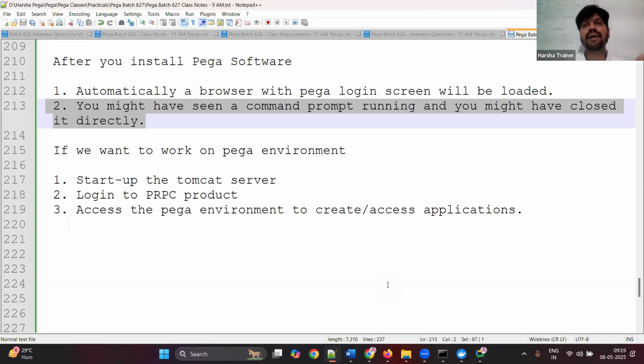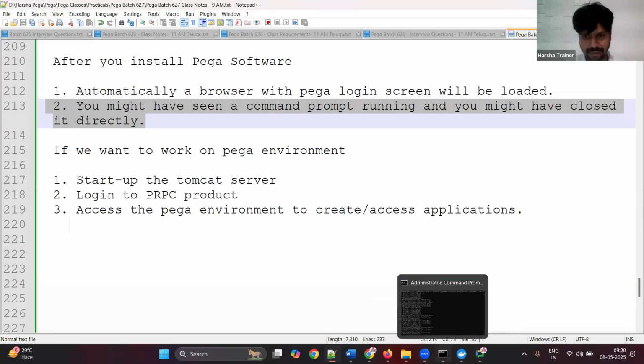If you press power off by pressing the button directly, it means you are killing all the running processes abruptly. You are killing everything. Suppose you give a shutdown command, it will slowly close each one of the background running processes properly. Finally, it is going to shut down your laptop. Understood, everyone? So now, whenever you install Pega software,